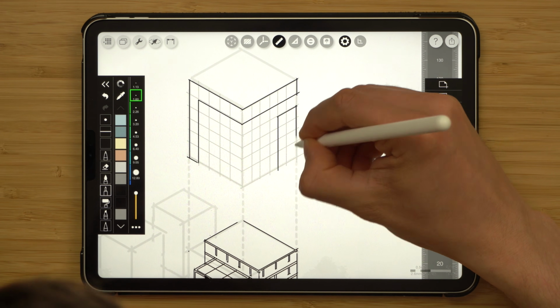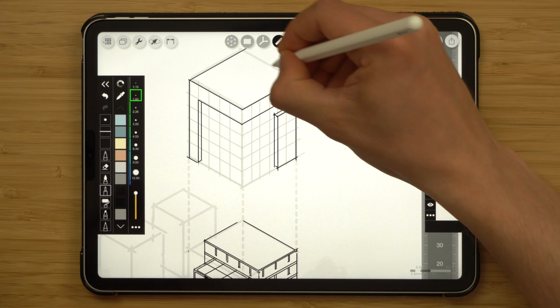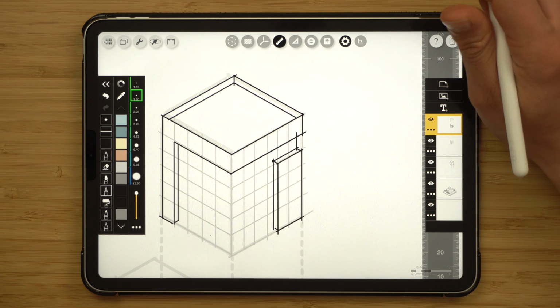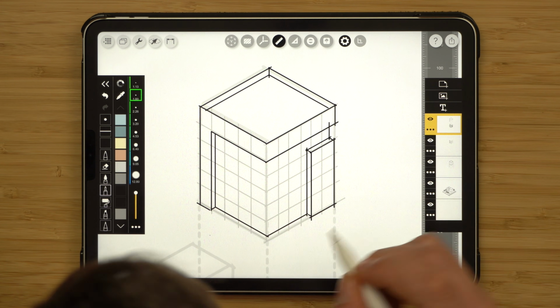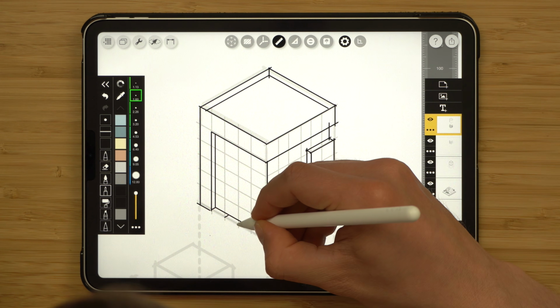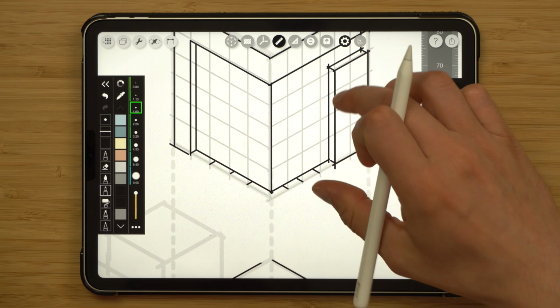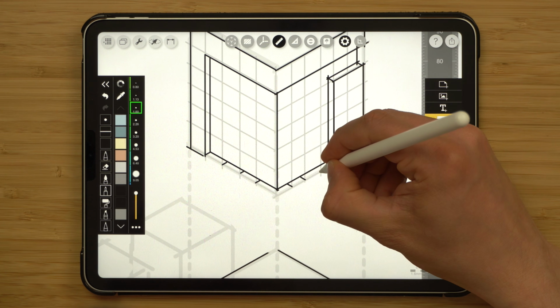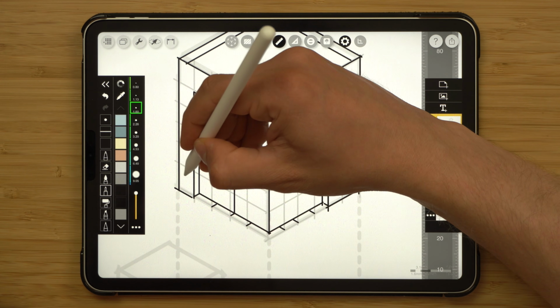I can add thickness to those solid bits as well, and the parapet for the roof. And then again, using the geometry I have in front of me to try and plot the divisions on the glass elements that are further recessed into this volume. For that, I'll use the edge of my guidelines to mark these little projections, just so I know roughly where to pull the lines from. And now I can create openings in the glass facade.